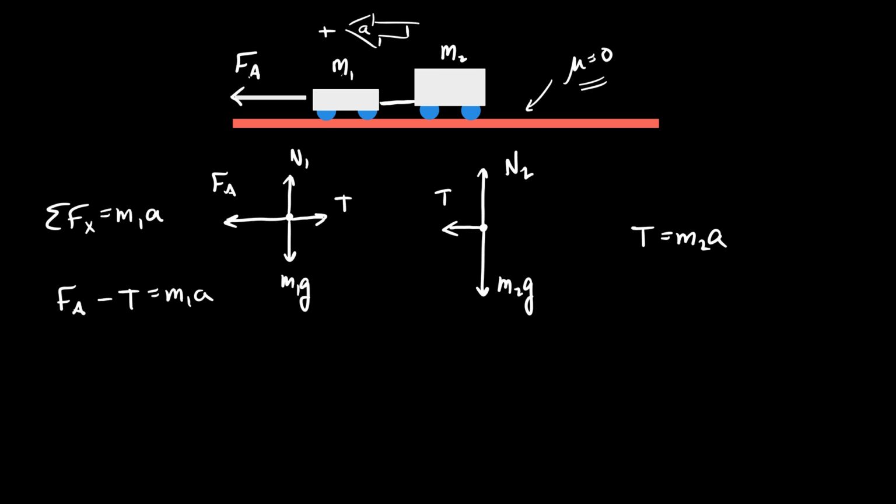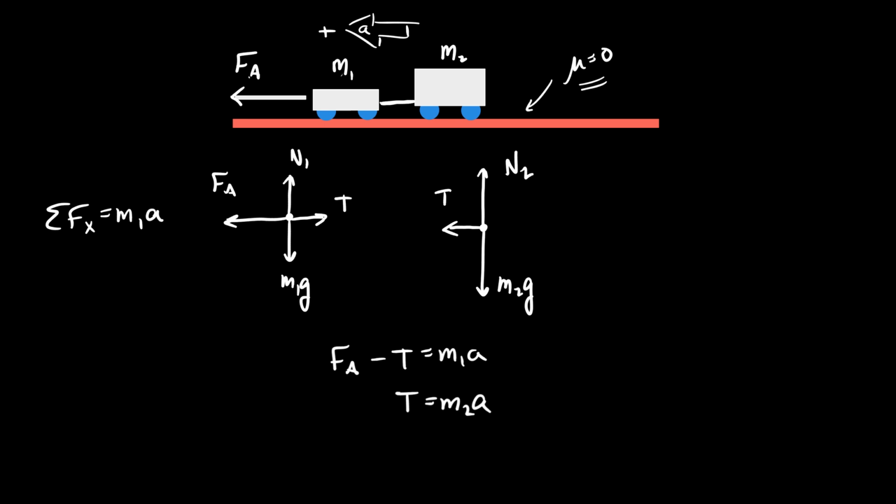Now, I don't know what the question is. The question could be any number of things. It could be, what is the acceleration of the system? It could be, how much tension is there between the two cars? Any one of these are fair questions. Or maybe they say, the cars are going to accelerate, but the tension can't exceed this value. What's the fastest they can accelerate? There's a variety of questions. What you have here is a method for maybe solving one of them.